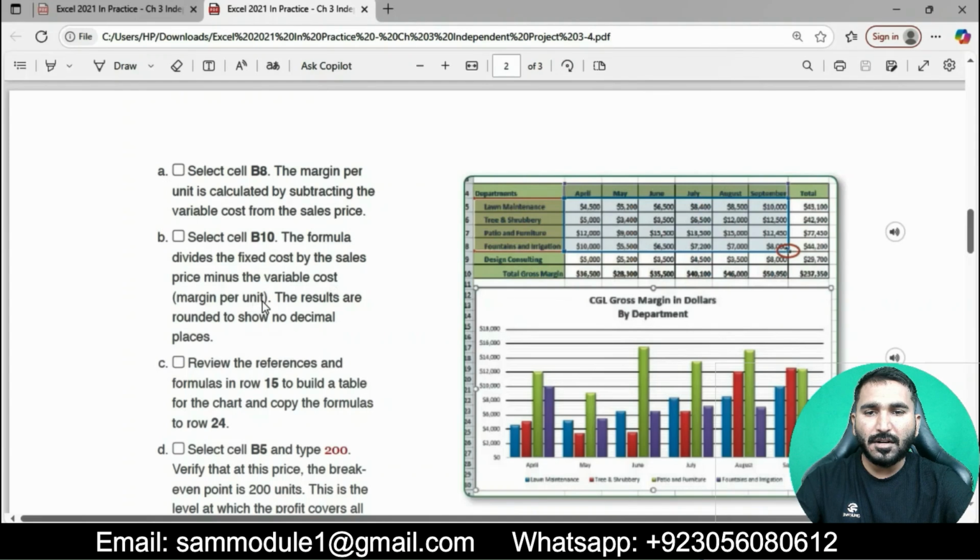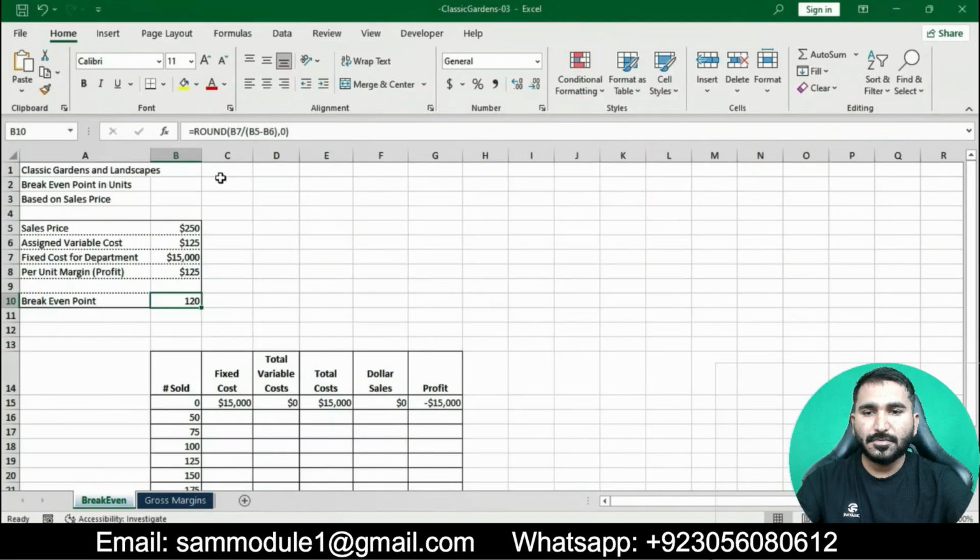The result is rounded to show no decimal places.